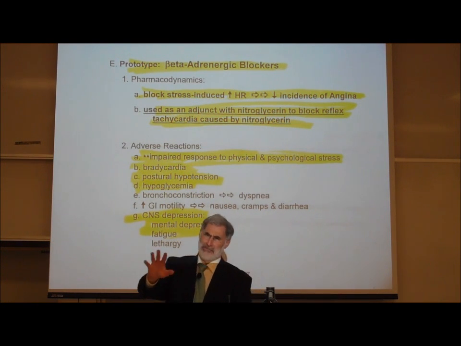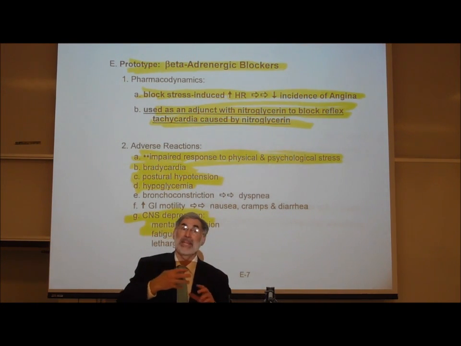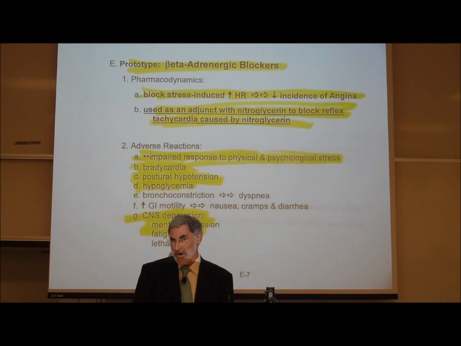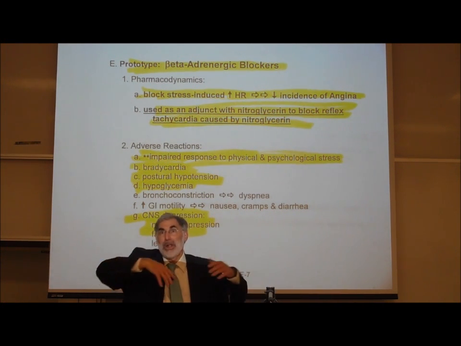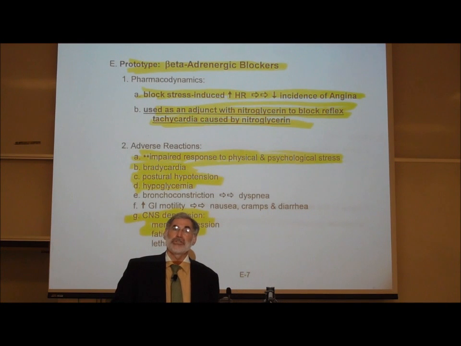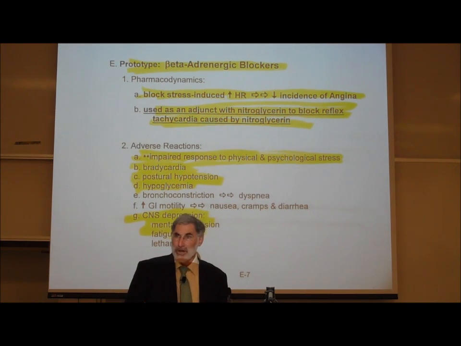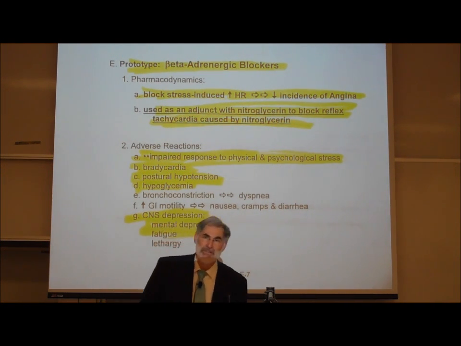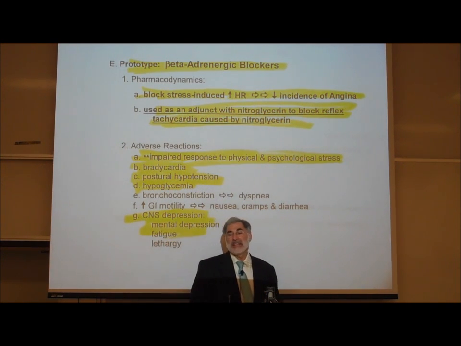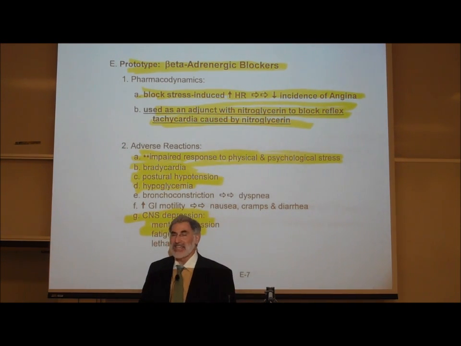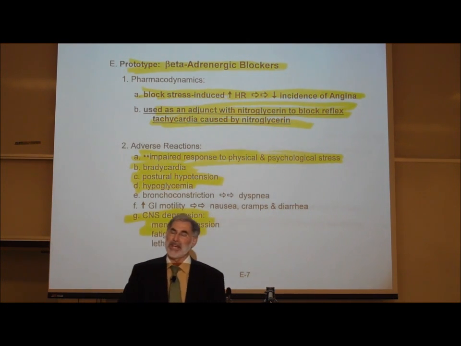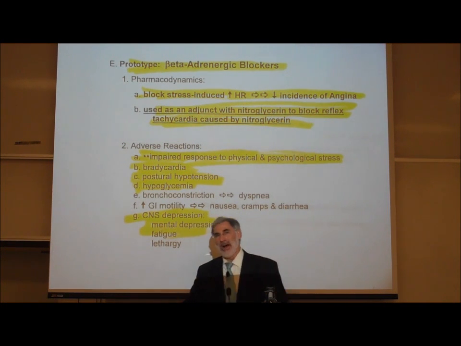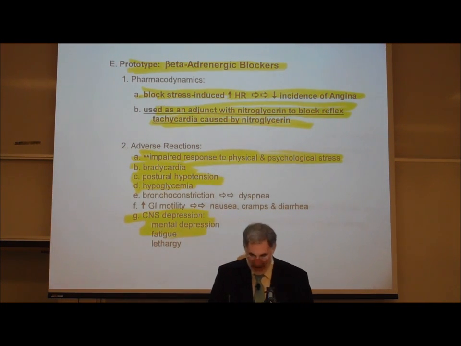Now you might say, well, wait a second, Professor Fink, didn't you say we're only blocking the beta-1 adrenergic receptor sites on the heart? That's true. Usually they give a selective beta-1 blocker, not an adrenergic blocker that blocks everything. But everything is dose dependent. As they increase the dose, it starts to block more and more of the adrenaline receptor sites. And my simplified scheme that beta-1 adrenergic receptor sites are only on the heart is just that, a little bit overly simplified. So they can block adrenaline receptor sites elsewhere in the body.